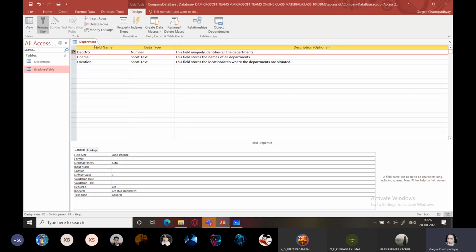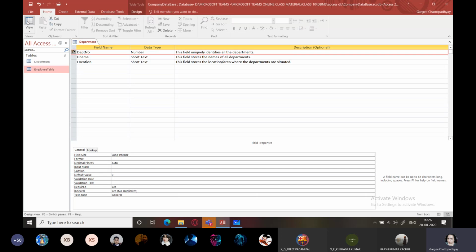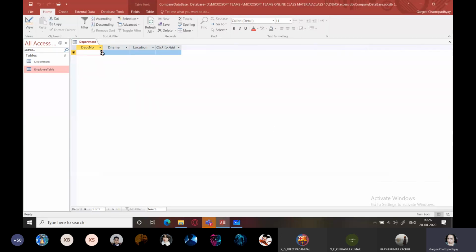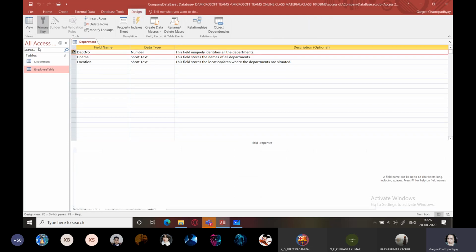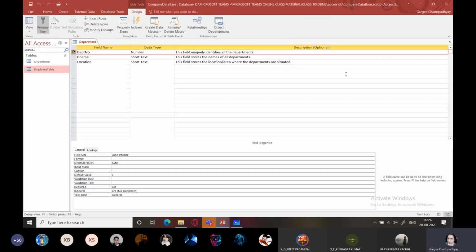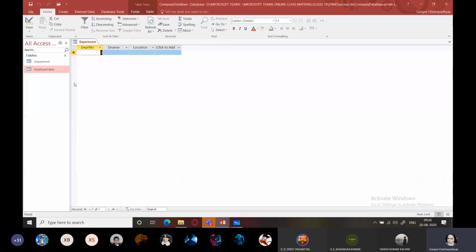So now we have created the structure. We will switch over to the datasheet view. How? You can see the view button over here, and in the home tab also you can see the view. So what you can do is just click on this view and click on datasheet, or you can also see the datasheet view here. So you can click on that. It is asking you, you must first save the table. Click on yes, and it quickly switches it over. Okay. So you can switch between design view and datasheet view. When it is in the design view, it gives you the option to open it in the datasheet view. When it is in the datasheet view, it gives you the option for opening in the design view.